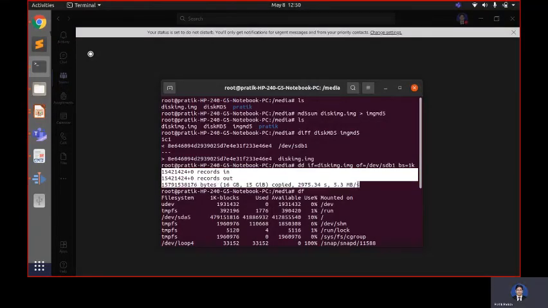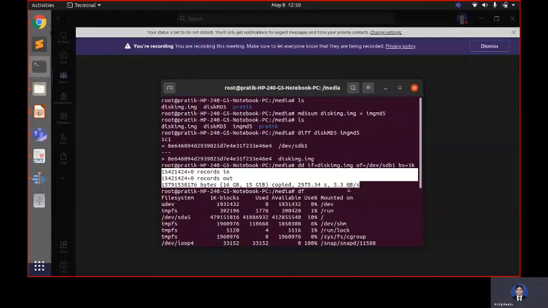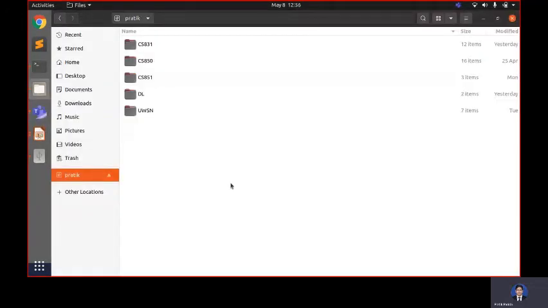This took nearly 2975.34 seconds. This much time is taken, and it is successfully copied to the SD card. Let me show you the SD card that I have formatted, and check whether all files are copied successfully or not. We can create the backup and retrieve the files from the backup.